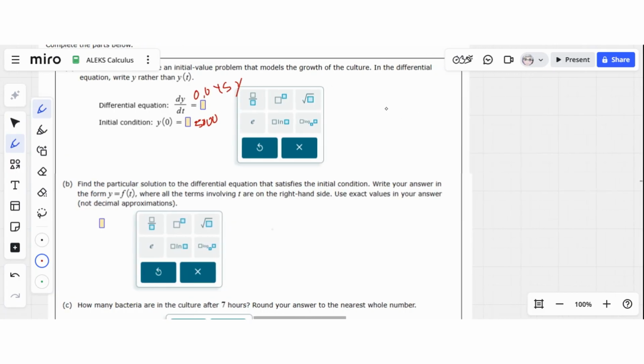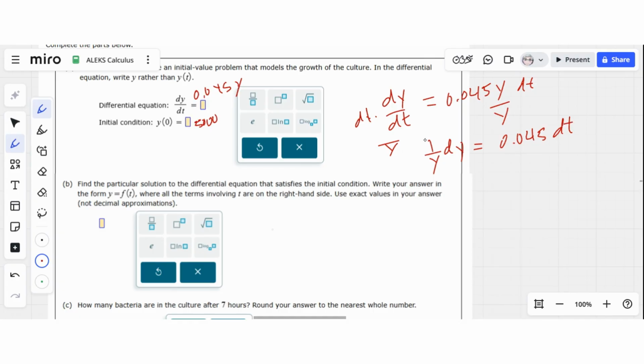So our equation, as we've already said, is dy/dt equals 0.045y. And then we want to get all the t's and dt's on one side and y's and dy's on the other side. So I'm going to divide both sides by y, and I'm going to multiply both sides by dt. So I'm going to get 1 over y dy equals 0.045 dt. When it's in this form, I can go ahead and integrate,